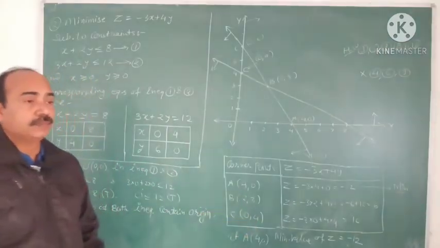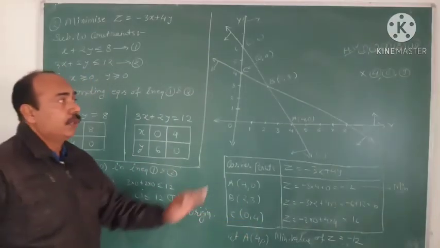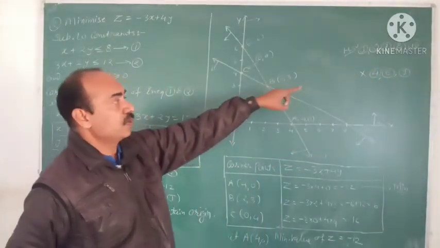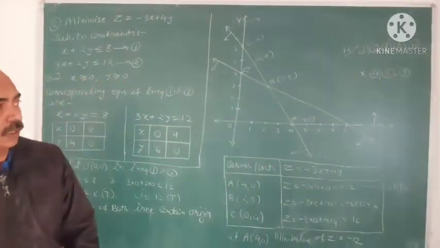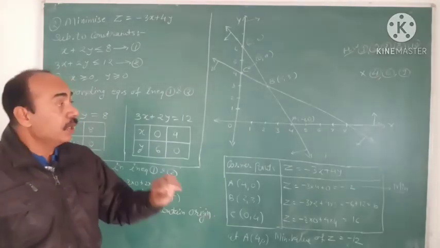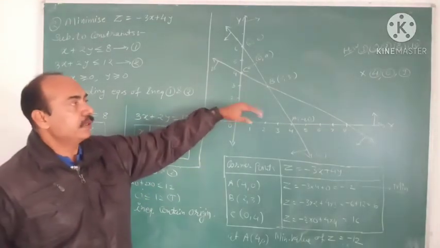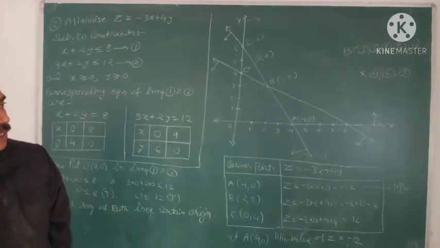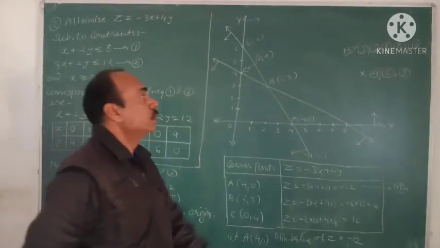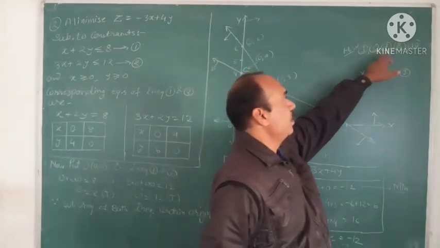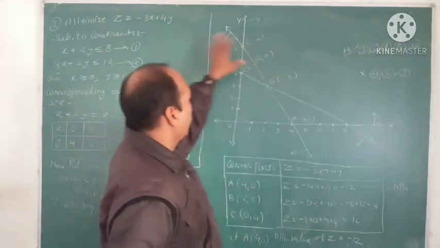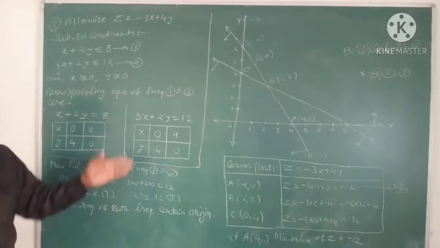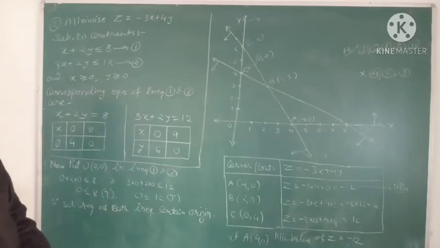This is our answer. Now questions number 4, 6 and 9 are reduced, because in questions 4, 6 and 9 you have an unbounded region. This is a bounded area, and there it is an unbounded region. So questions number 3, 5, 7, 8 and 10 are all the same as this. Questions number 1 and 2, please try at your home.